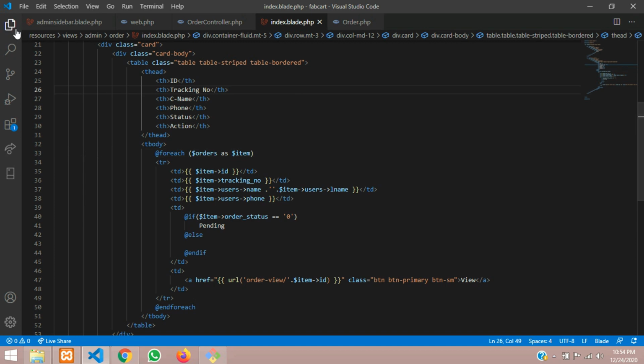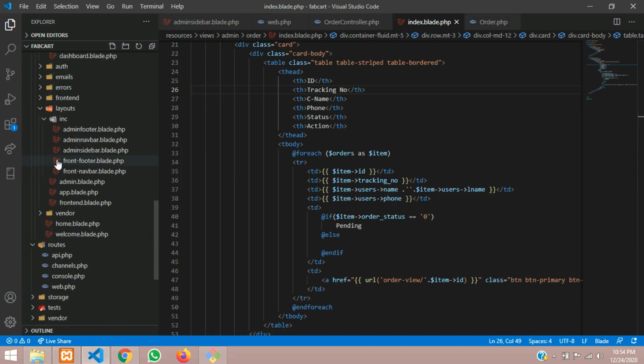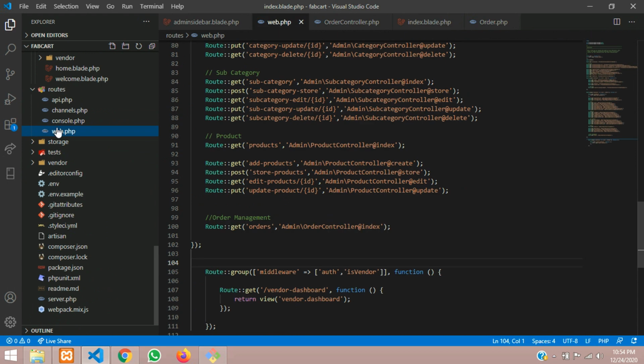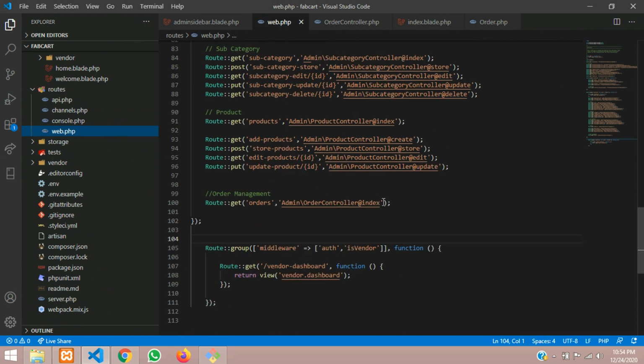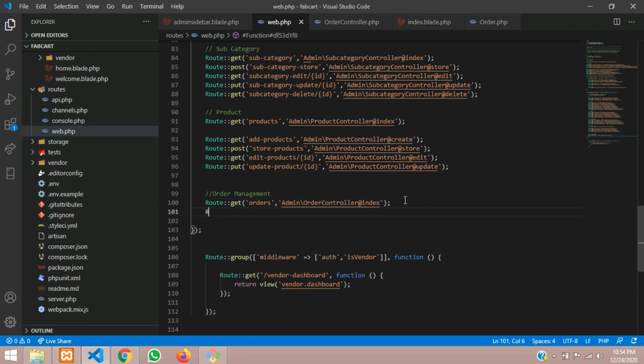Now let's create a route for it. First step, let's go to routes. You can find web.php there, and we will continue over here. Mention the route get function, paste order view, where after the slash you are going to pass the order ID. So you will just say ID over here, and then you have to call the controller, right? In the previous video we have made this controller also, so we will follow with this order controller only, at view order.